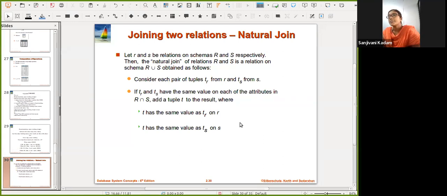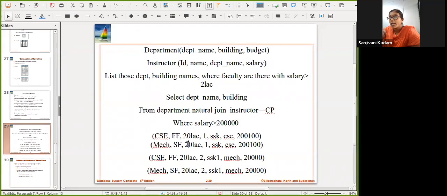So let us see about the natural join. Let R and S be relations on schema R and S respectively. The natural join of relations R and S is a relation on schema R union S obtained as follows. Consider each pair of tuples tR from R and tS from S. If tR and tS have the same value on each of the attributes, okay, so here same value, just like here, this is one tuple and this is one tuple.